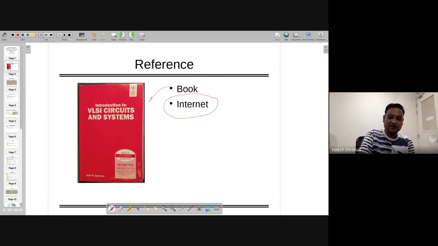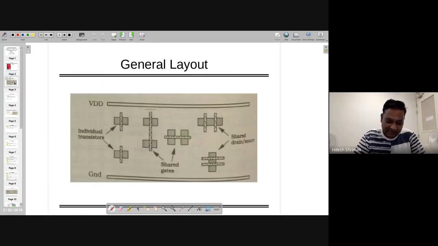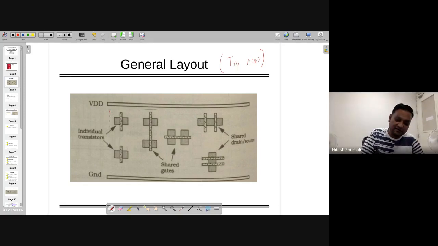It has its application in layout drawing. So let's understand that if you are making a general layout, the layout is always a top view. If you look from the top, you can identify that all the transistors are NMOS if there is no boundary. If there is a boundary, then they become PMOS, right? Otherwise, all devices are actually NMOS. You can see here, both the gates are shorted to each other.